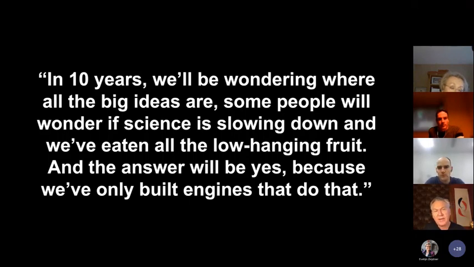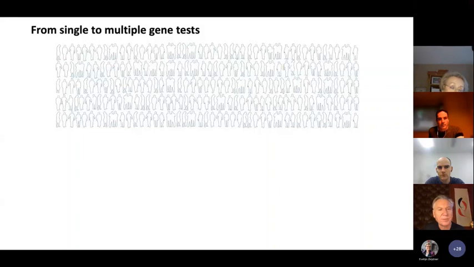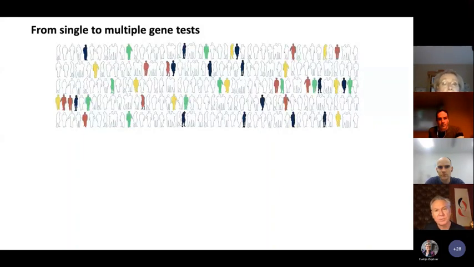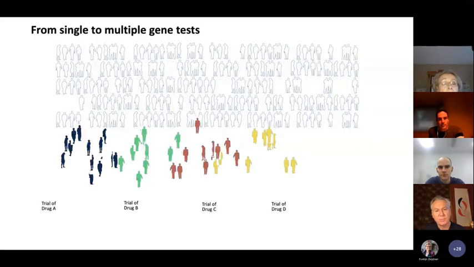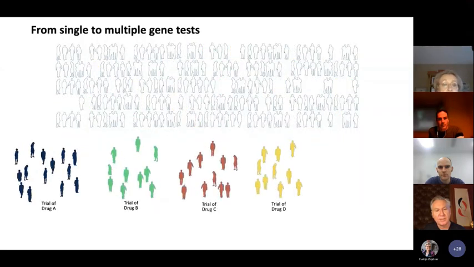As we all want to know, we want to move from single to multiple gene tests. We want to be able to identify our patients, test them, and then put them onto studies. Now, if you are thinking of only running one of these trials, think of the disappointment for the patients, and for the clinician, and the fact that the tissue has disappeared. You need to rebiopsy, and for diseases that rapidly progress,